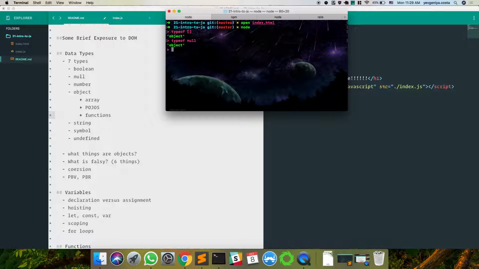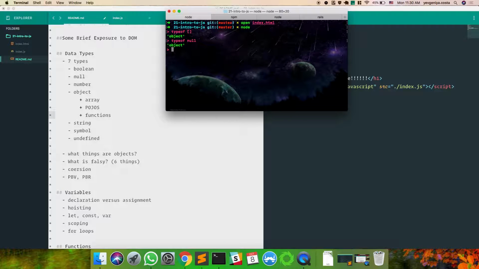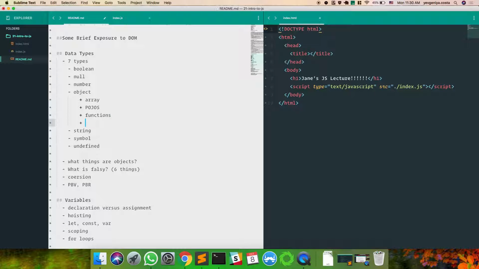There's also something called promises, which we're not going to get into today, but it has to do with the asynchronous nature of JavaScript. If you're trying to do some big task, like go into a database, you use a promise to do that, and it allows JavaScript to go off, do that task, and continue running through your code. That's called a promise. A promise is technically an object. So we can put that here. Null.